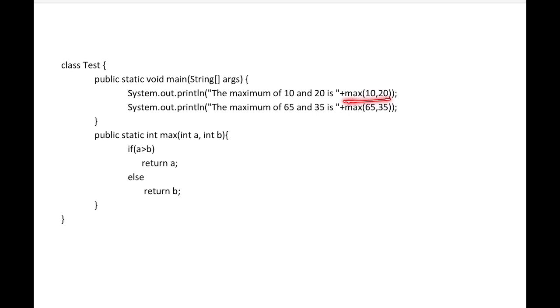When we call this method, the value 10 is passed to A and the value 20 is passed to B. Now the value of A becomes 10, the value of B becomes 20. Here 10 greater than 20 is false, so the else part is going to execute and return 20, so this value becomes 20. Now System.out.println prints, the maximum of 10 and 20 is 20.